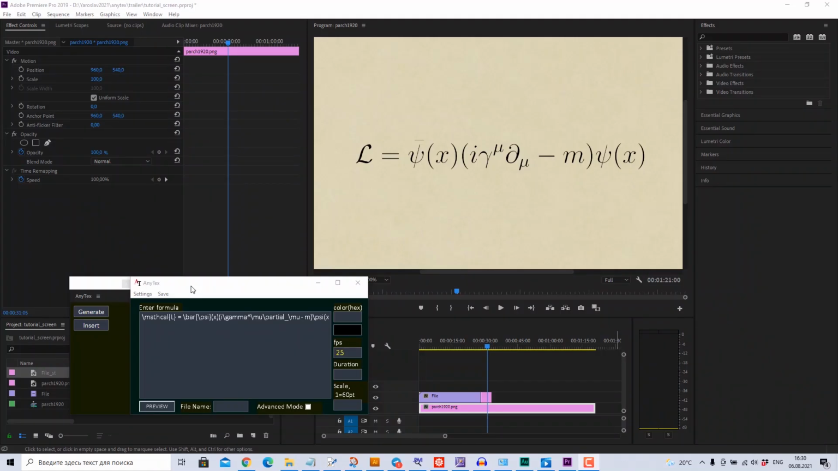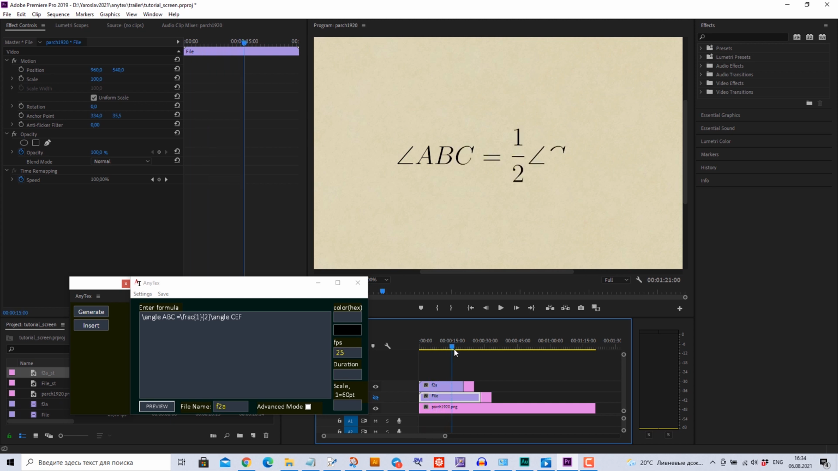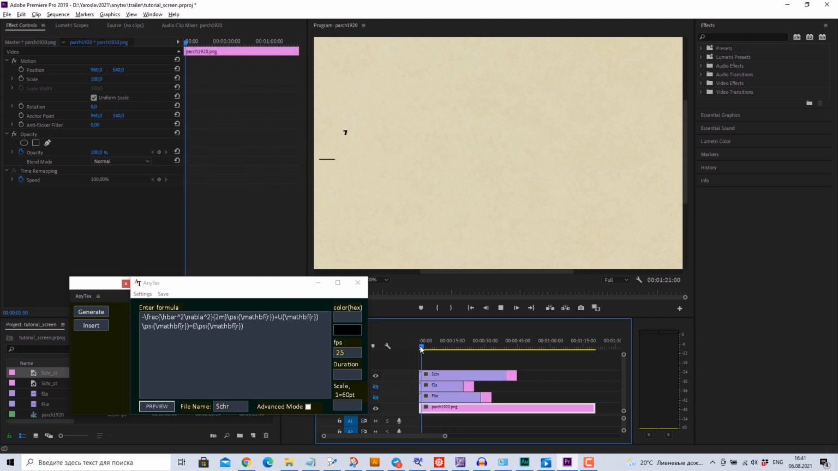Hi folks, I'd like to present my new Premiere Pro plugin for animating math formulas. It's called AnyTech. What it does, it animates almost any math formula, making it as if it is handwritten in calligraphic style. It is capable of animating elementary formulas from high school math, like this, as well as advanced formulas